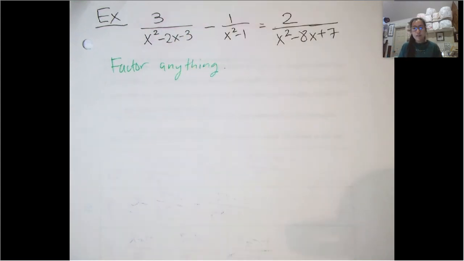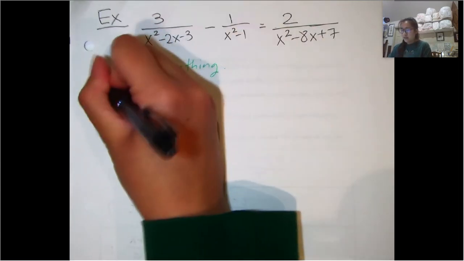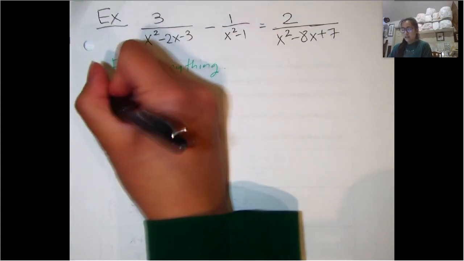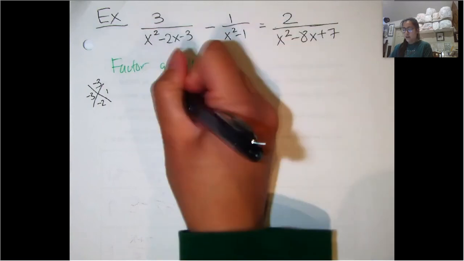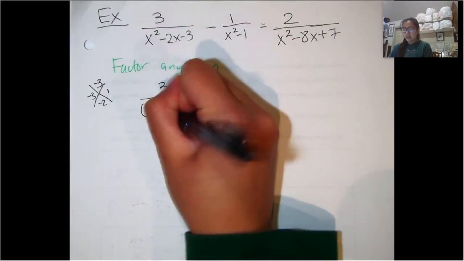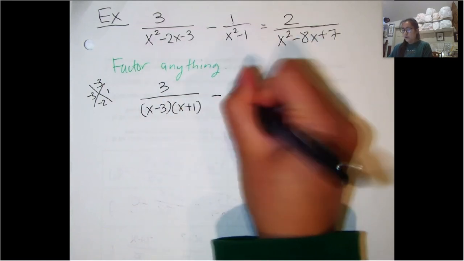Each of those denominators can be factored. So we'll make a big X for this first one. You put -3 at the top, -2 at the bottom, and then you have -3 and 1. So that would be 3 over x minus 3 times x plus 1, minus 1 over,